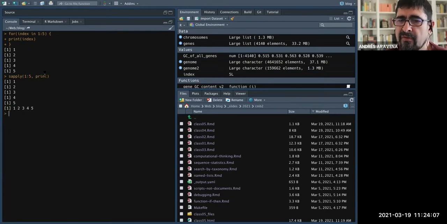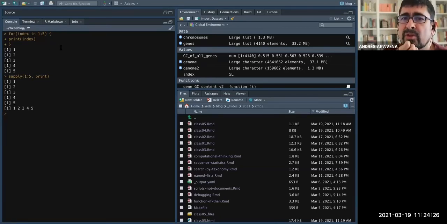But the philosophy is the same. So why would you like to use for? I will say two reasons. One, because it's the classical way that people think. You do it case by case. And the second is because